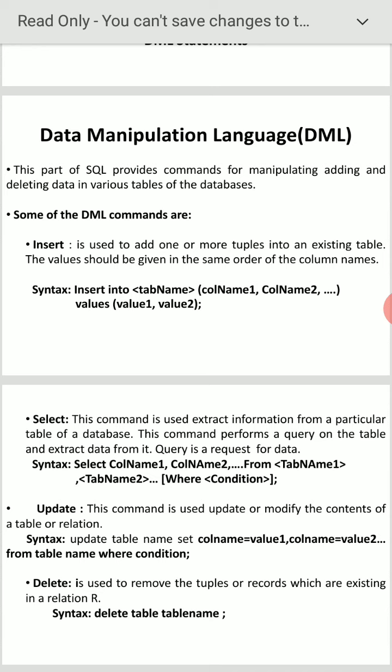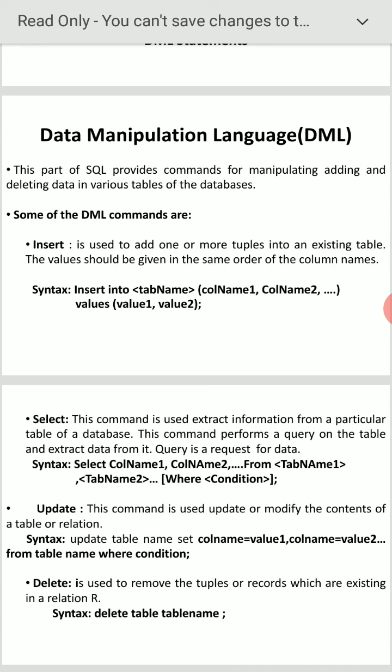Next we will pass on to the select command. What is the purpose of this command? Suppose you want to extract some information from a particular table of the database, that can be done with the help of the select command. Here I want to extract some information from the table based on a condition, with condition or without condition, that's left to you.